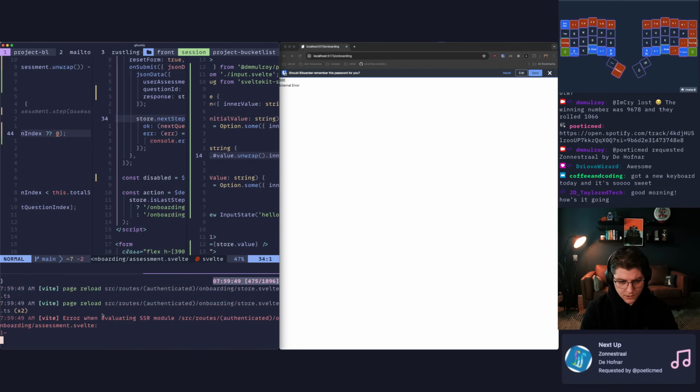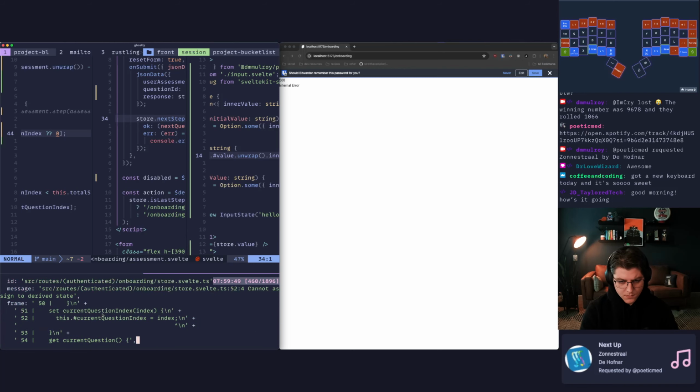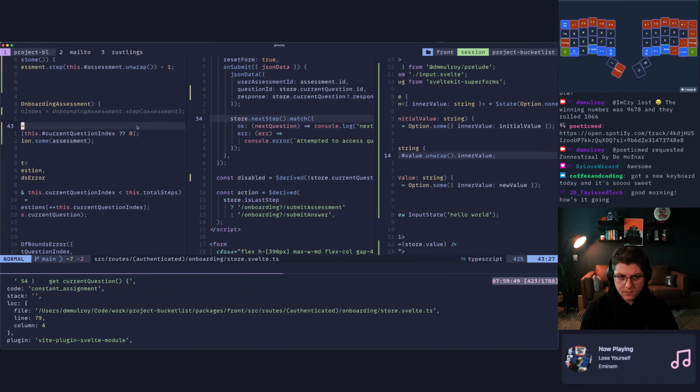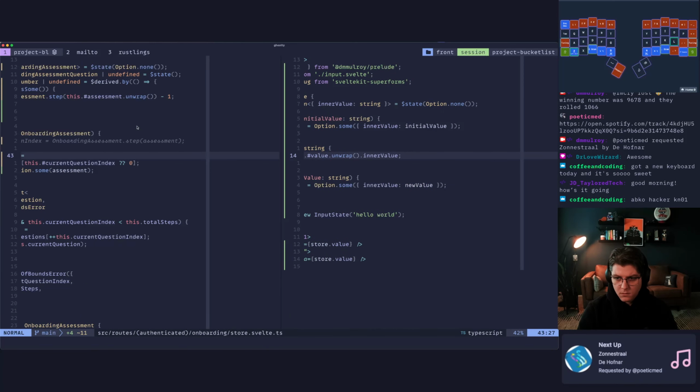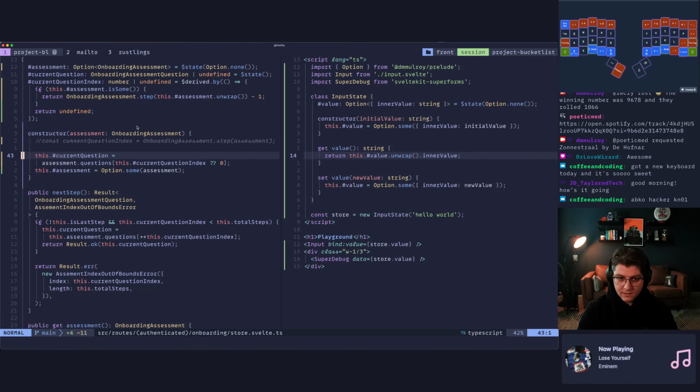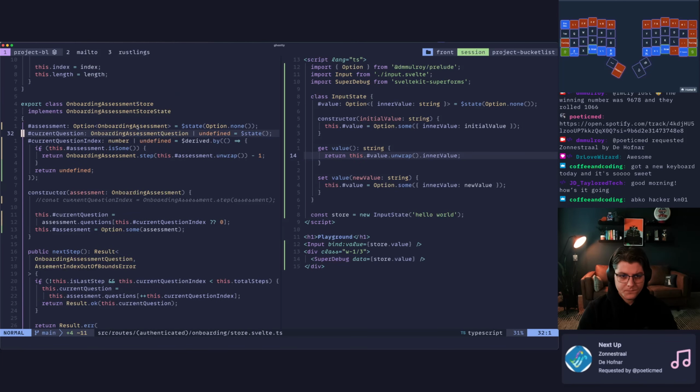Good Lord, what an error message. All right, well, let's keep refactoring here. Let's just refactor it to use, I guess, all options. So we're copying this pattern on the right into the left.